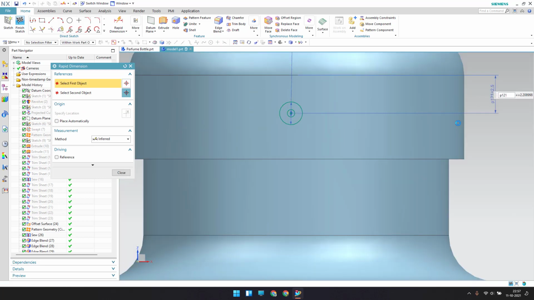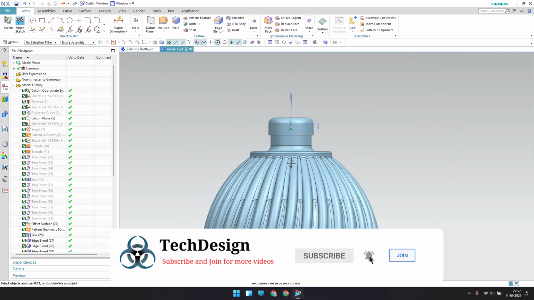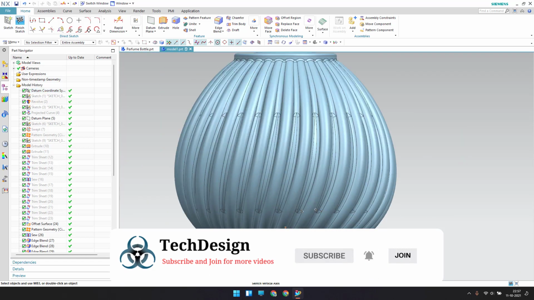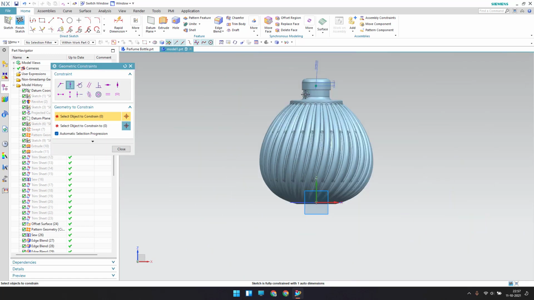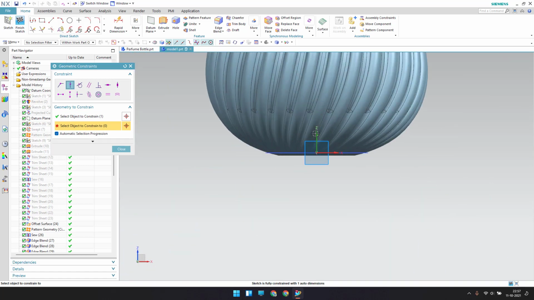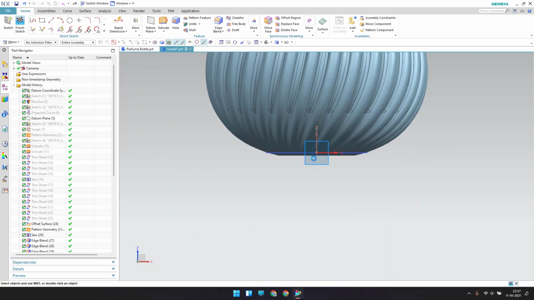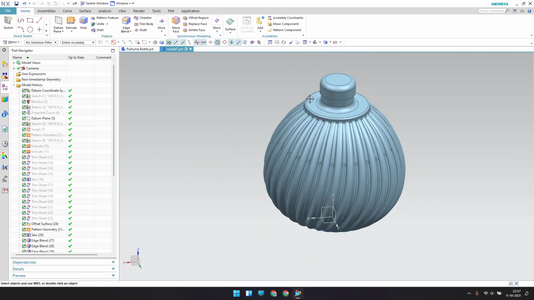So let's give 2.5 mm over here and close it. So it should lie on whatever the Z axis line we have. So go to geometric constraint, so point on a curve. So this center point should be on this line. Click OK. So now the sketch is fully constrained, so you can just finish the sketch.